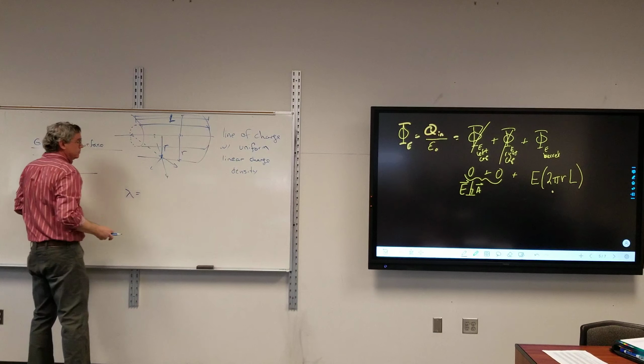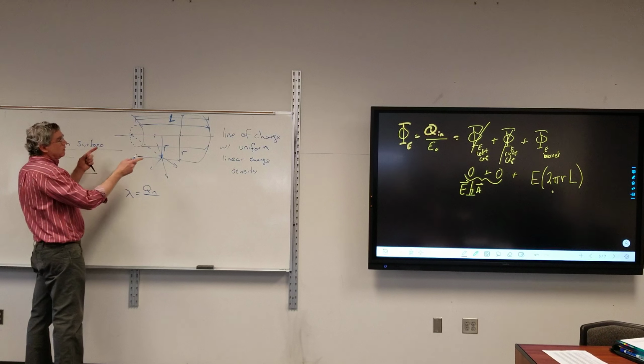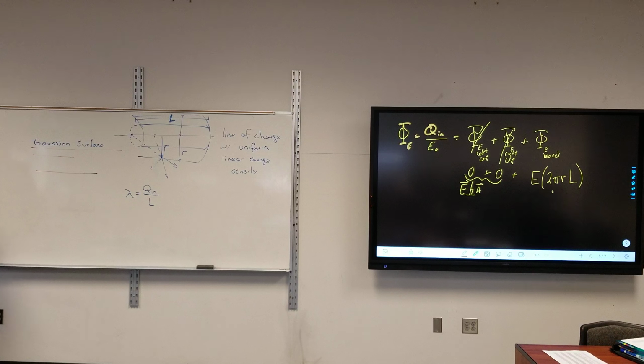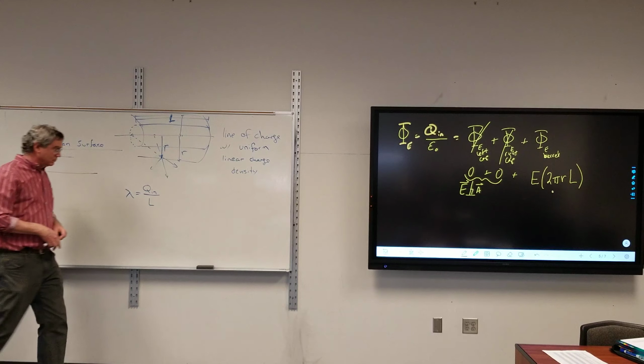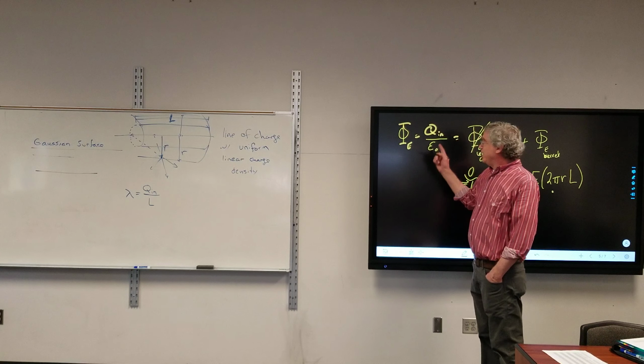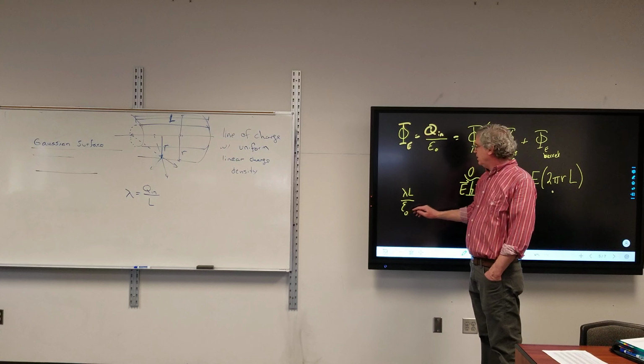It's that charge inside divided by the length. Linear charge density is just charge divided by length. We've run out of letters. So my enclosed charge is just lambda L. So I have lambda L over epsilon sub naught equals